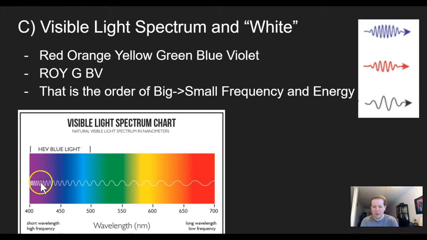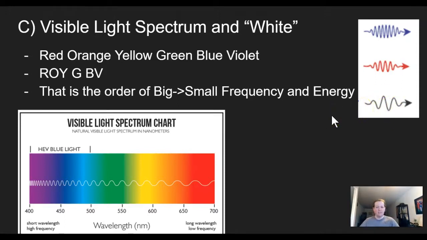So here's a diagram of the wave, and notice the wavelengths are changing and they correspond to these different types of light. And here I have it as a photon, right? Blue has a higher frequency than red, okay, and red has a larger wavelength. What do you think this would be? Oh, this is actually not black. Black is not a type of light. This would be representing like infrared light, but we can kind of ignore that.